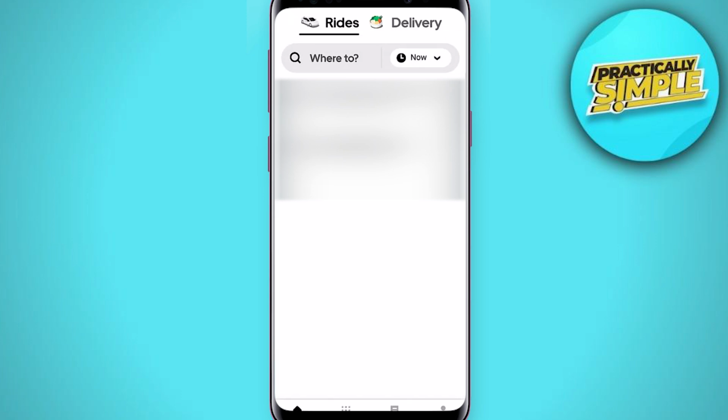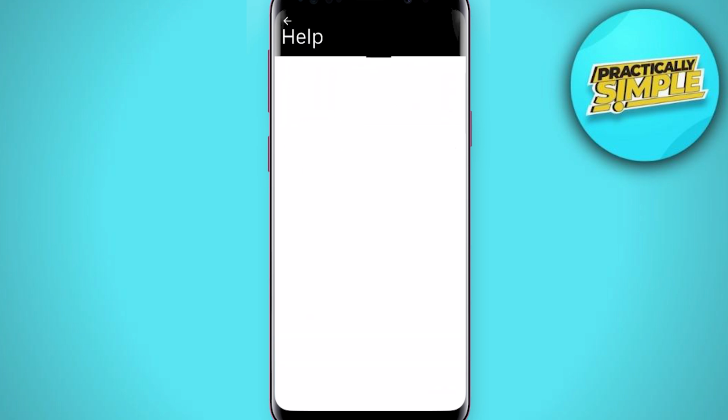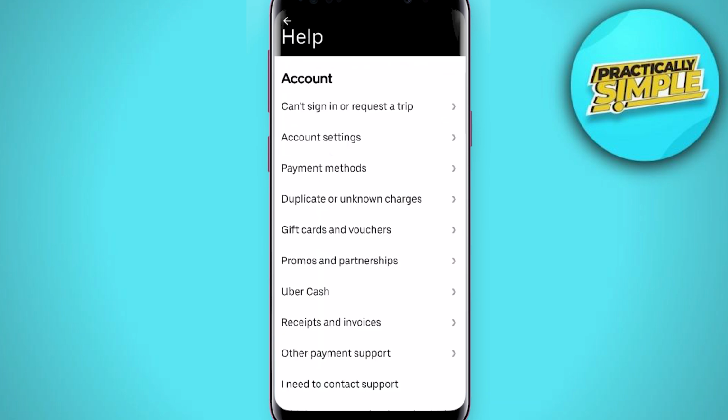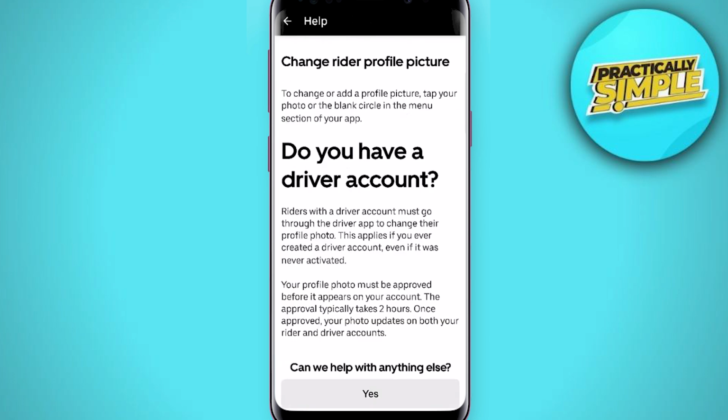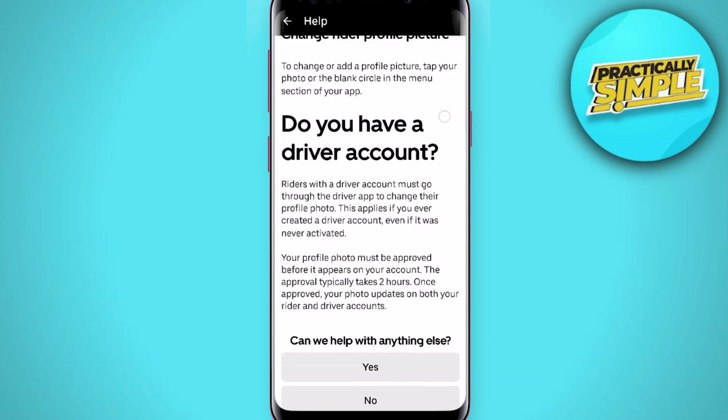Tap on the account option in the bottom right corner of the screen, and here you have to tap on this option, help, and then you have to select the second option, account. Once you select it, you can select the option account settings, and in account settings you can see the change your profile picture option. If you tap on it, you will see the change your profile picture page, and if you scroll down